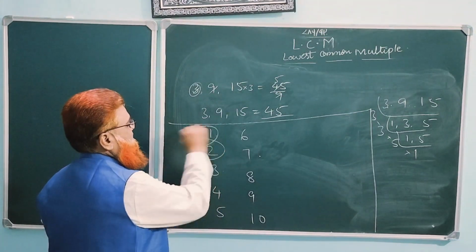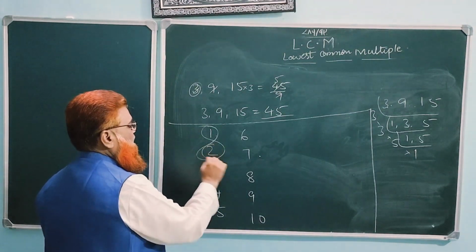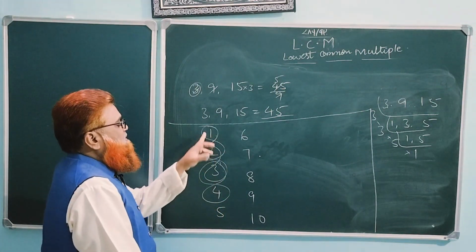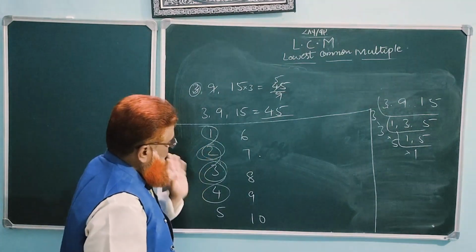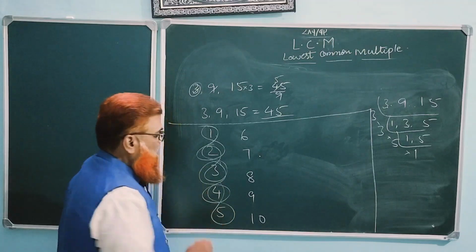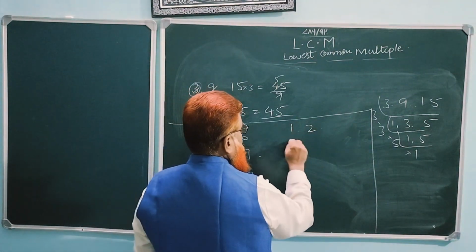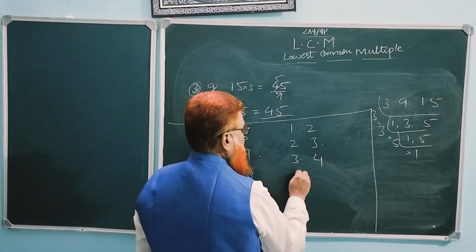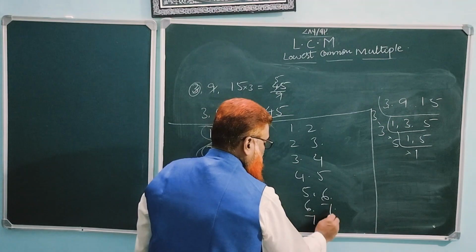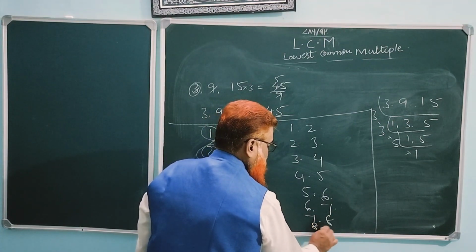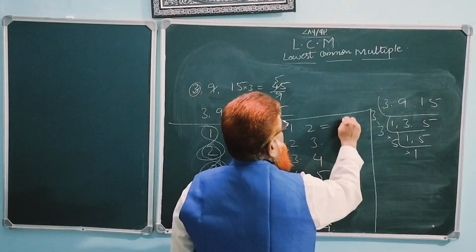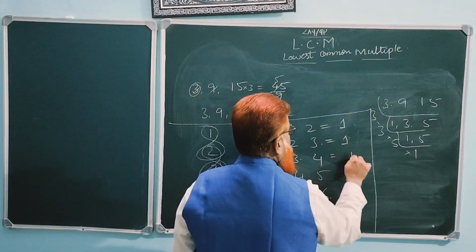See, this is 1 and 2, then 2 and 3, then 3 and 4, then 4 and 5: consecutive numbers. When you take consecutive numbers in pair, I repeat, when you take consecutive numbers in pair, you will find that the LCM between any two consecutive numbers